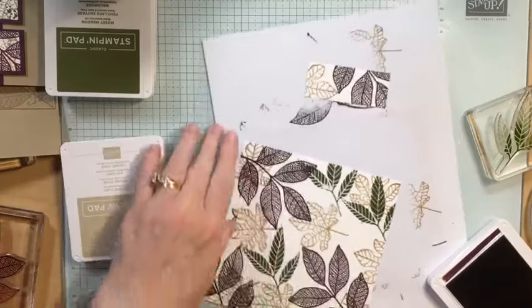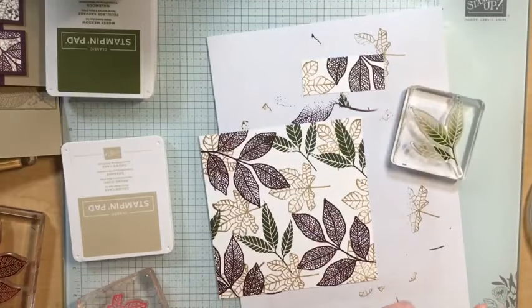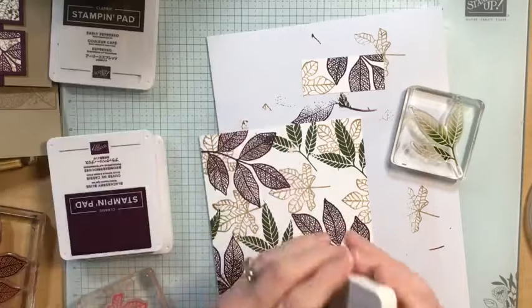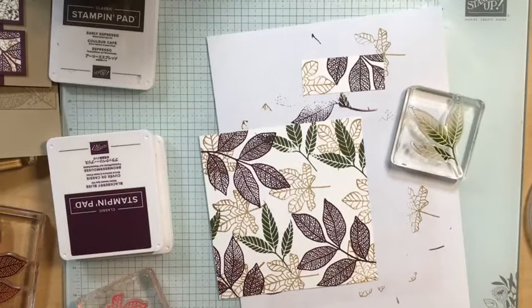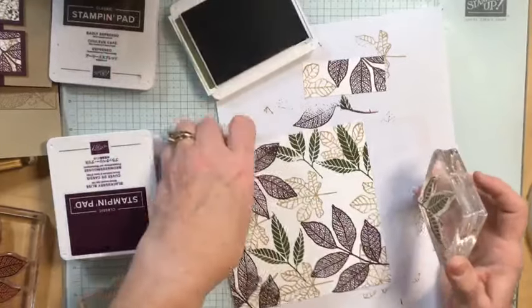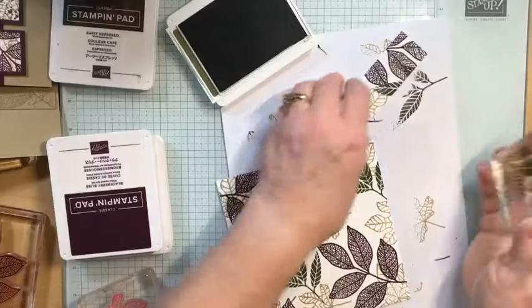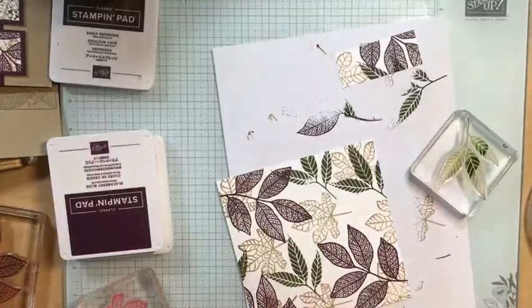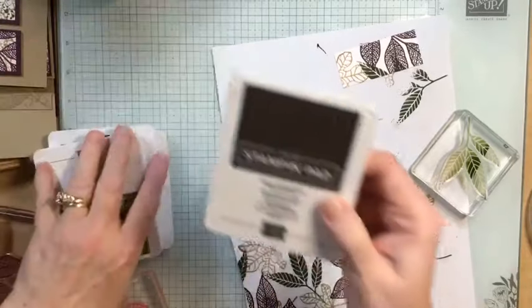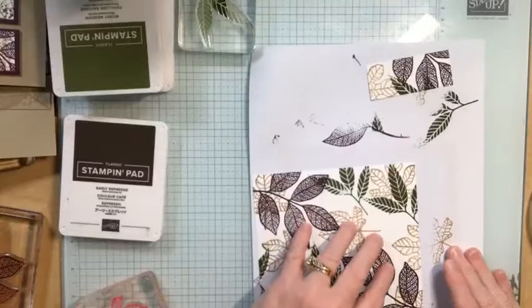And then we're going to talk about what we're going to do with all this extra space, because when we're doing a one sheet wonder, we don't want lots of spaces, because when I chop this up, we're going to want to make sure that we don't have empty space when we make up our cards. So what I'm going to do is I'm going to actually grab another stamp set, because the